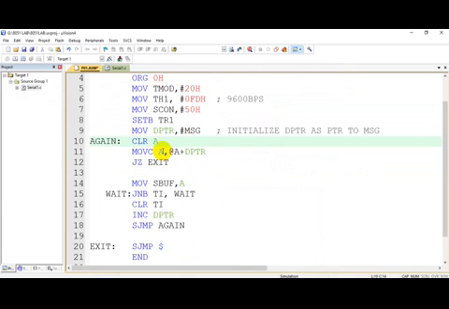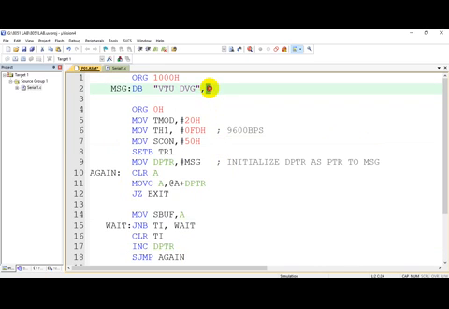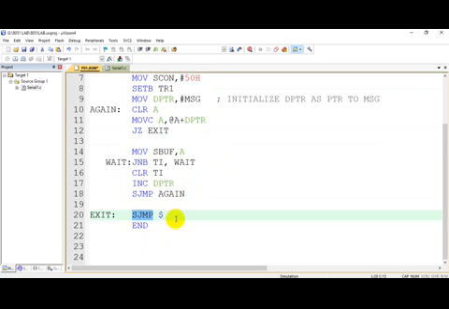Suppose I have read the first character, that will be copied into sbuff. Next, since I have incremented DPTR, the next character will be read. Like this it will continue until you reach 0. So once you read 0 into the accumulator, you will exit and come to this infinite loop.